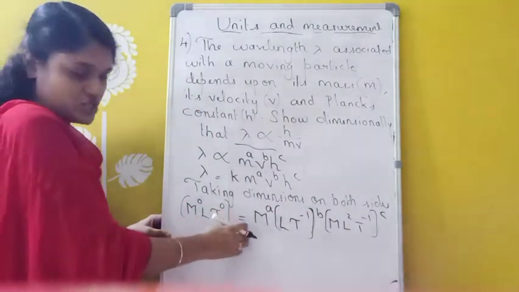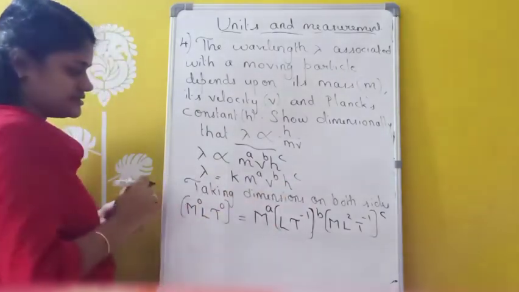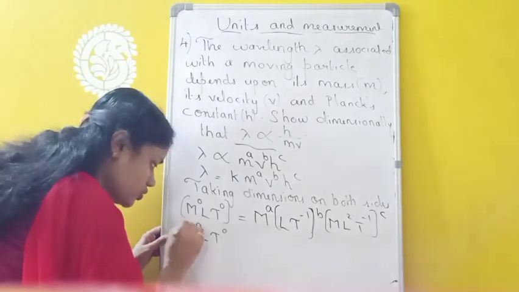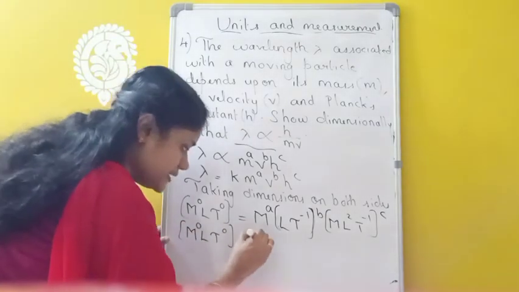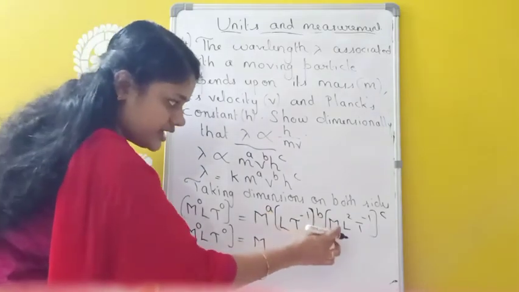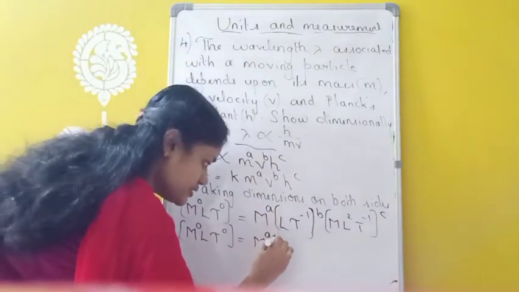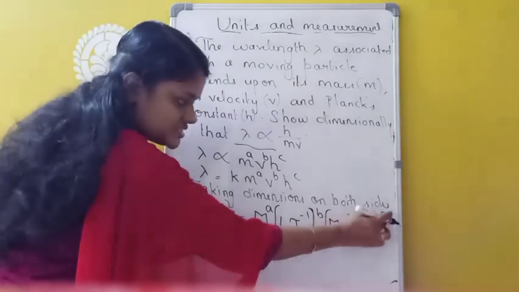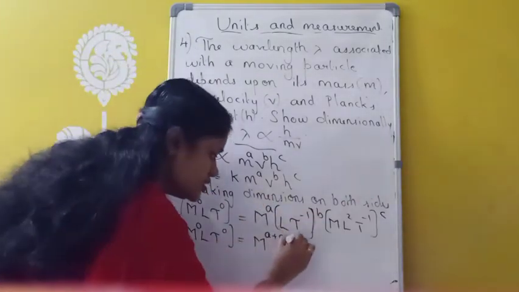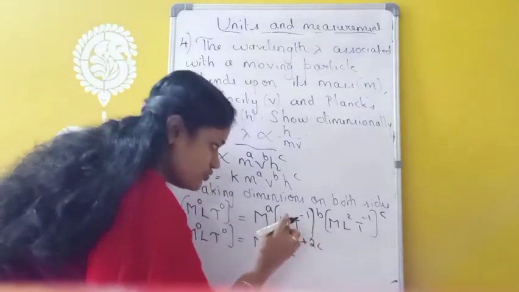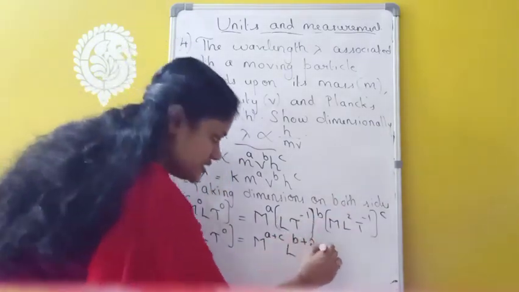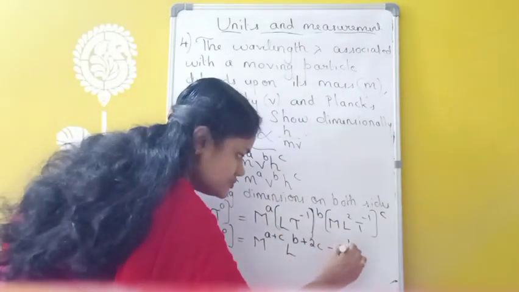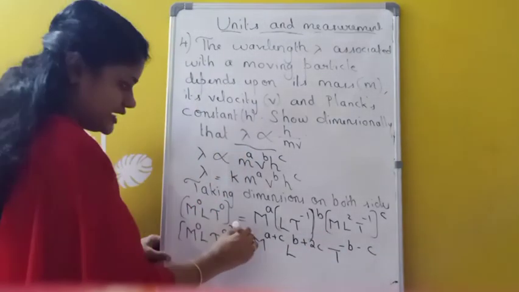So we have written here the dimension of all the terms on left hand side as well as right hand side. Now I am simplifying this one. So left hand side we have M raised to 0, L, T raised to 0, and right hand side we have M raised to, so here a is there and here one c, that means a plus c. The next one L raised to, here one b is there, here one 2c is there, that means b plus 2c. Then T raised to, here one minus b, here one minus c. That means minus b minus c. Okay. So this is the dimension of which one?